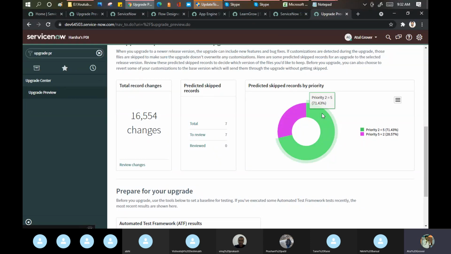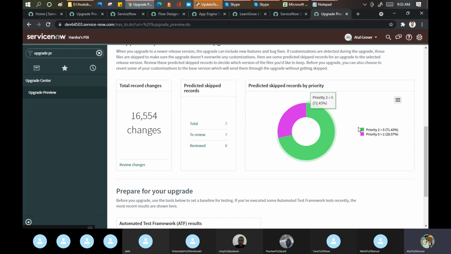What ServiceNow says is, when we upgrade our system, we can get a conflict. Suppose there is a validation on my field X: only 10 digits are allowed. ServiceNow in the Rome release makes a validation to 7 digits only. It gives me a conflict. Right? It gives me a conflict.